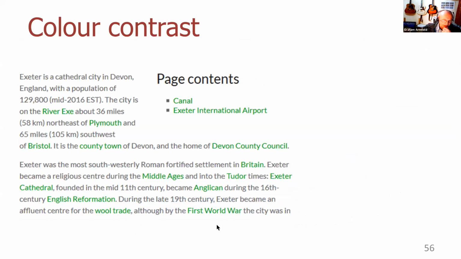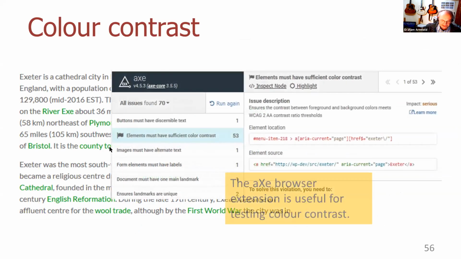Okay, here's another one. You've seen this a bit before. These text links here are green. The problem is this green has insufficient color contrast against the white, and so it will show up. And here I'm using the Axe browser extension. This is another useful accessibility tool. The link will be provided very shortly. The great thing about Axe is it groups all the errors together.